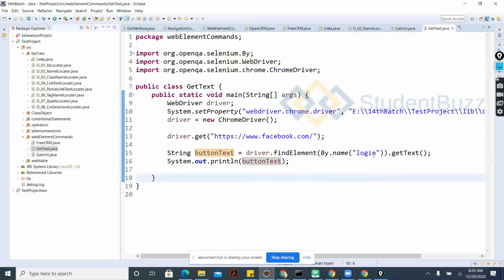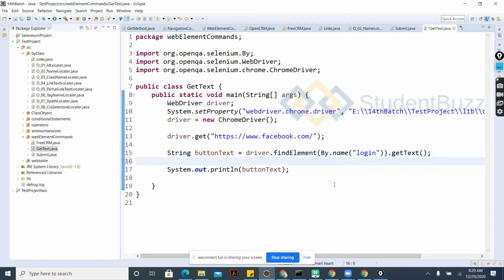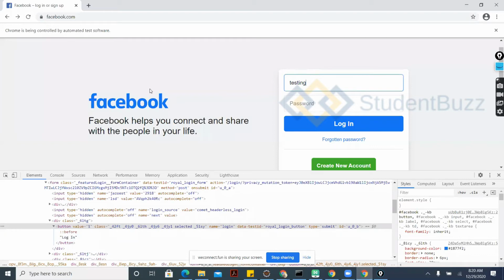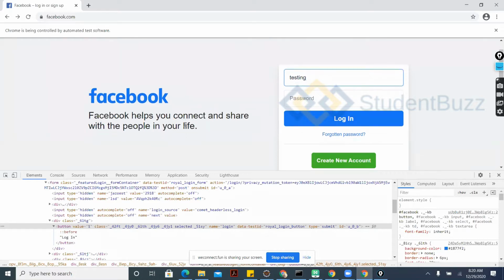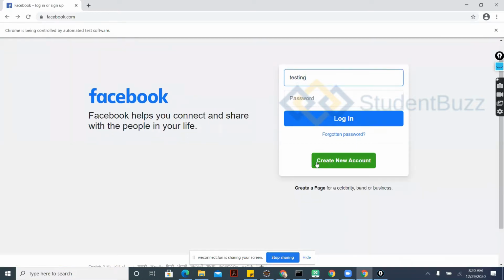Next, get text. See, if you have links and you want to find that particular link, or there is a page and you want to get a particular text inside that page, or there are buttons whose text you want to get, or you have some pop-ups and you need to get the text of those pop-ups, in all these areas you can use the get text operation. It's not necessary to work with buttons only. It will fetch the value wherever you give the XPath or property value.